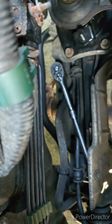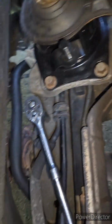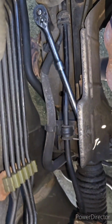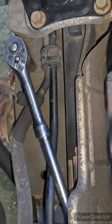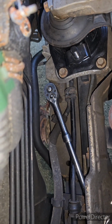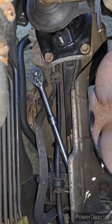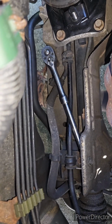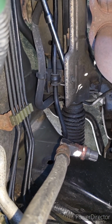So, now take a look back here. I was able to get this bolt and that one back there with just a 3/8 common handle and a deep socket. Deep socket doesn't have to be extreme. Regular deep socket. I'm able to get these two bolts. When I take the line out, then I have to take this pressure switch and switch it over to